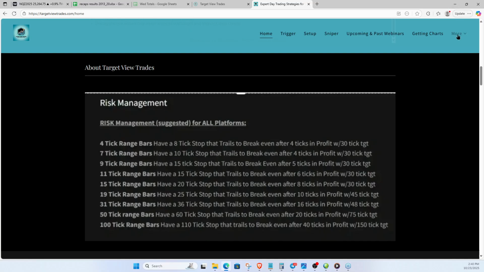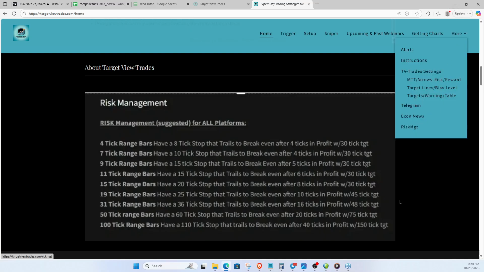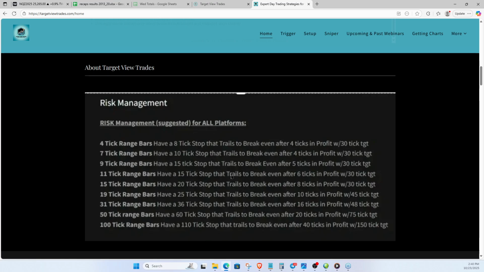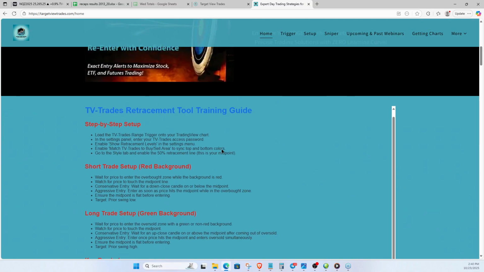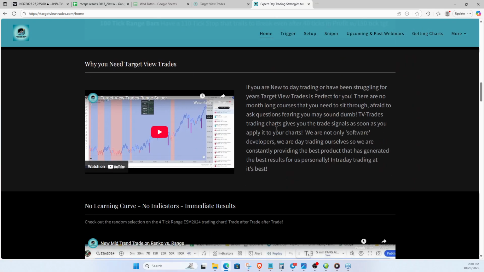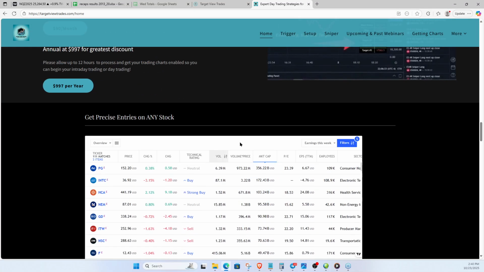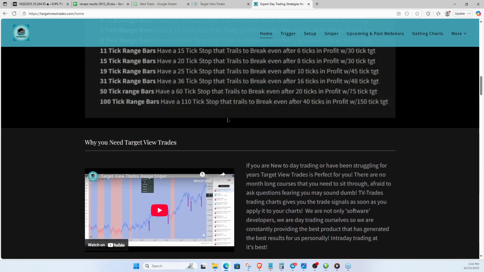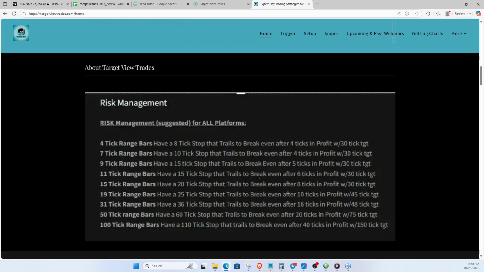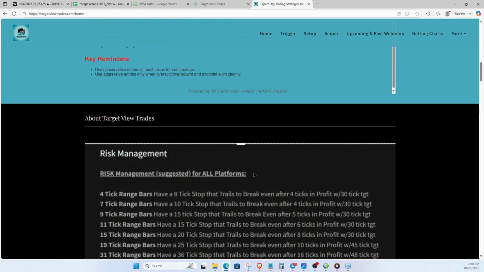I put it here because it's also over here. You have to go under More and go to Risk Management. But this is important that you guys have access to this, and I want to make it really easy for you to get to. Since the stuff down here is really outdated, I thought I'd put more current things on the web page for you. Things that really matter.